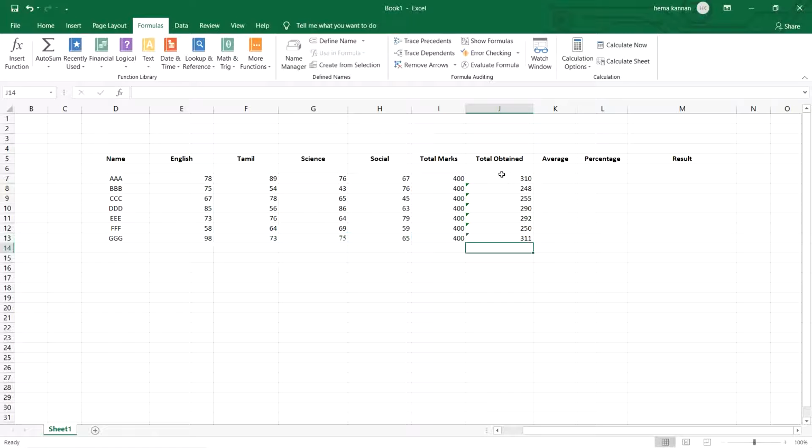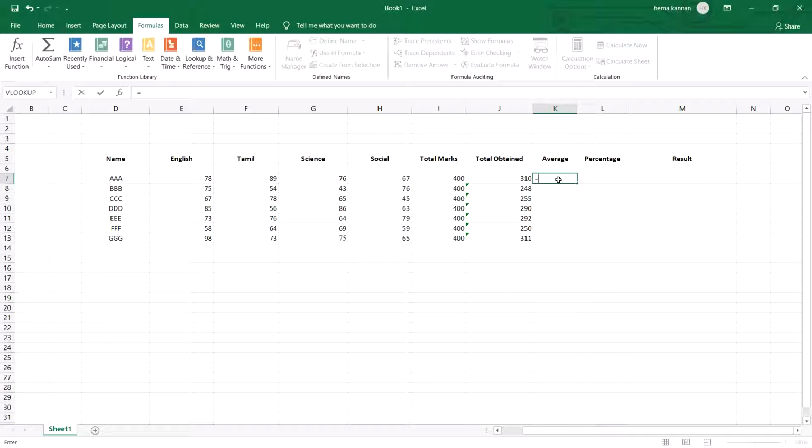So now we have the sum of the total marks obtained by each and every student. Now if we are going to calculate average, equal to AVERAGE of. In the same way how we calculated the sum, we are going to calculate average also.